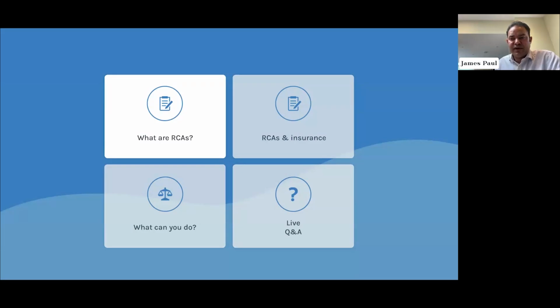But when it comes to desktop assessments, and this is the sort of RCA where a surveyor does not actually physically go out to a property, but instead tries to do it all online using things like Google Earth and Google Maps and photos that people have maybe emailed in, we'll probably discuss this later in the talk, no doubt, but you're essentially asking the surveyor to do the same thing, but with one hand tied behind their back and for probably half the fee. You're asking them to come up with a number without them necessarily having an intimate knowledge and understanding of the building. You know, they may never have been to that building before. They may never have even been to the town that the building is located in before.